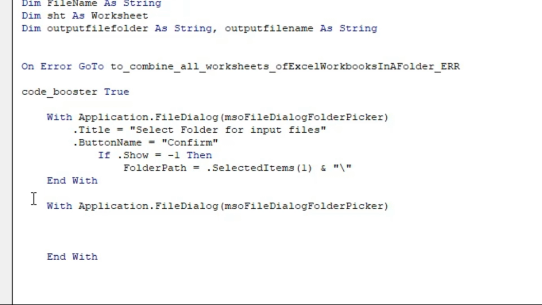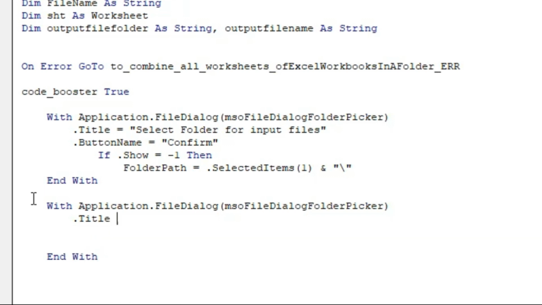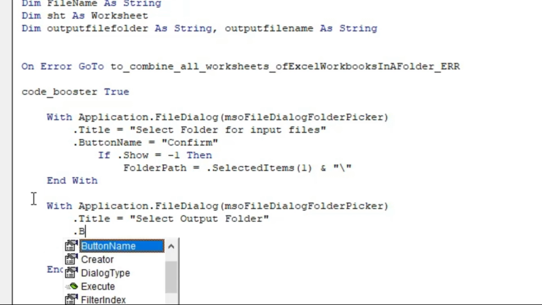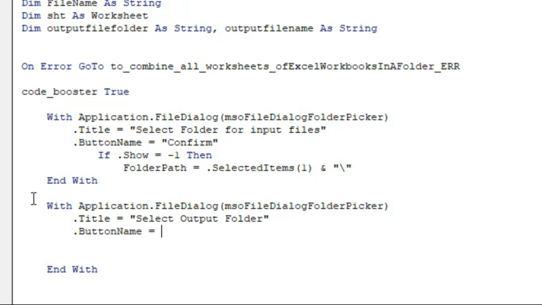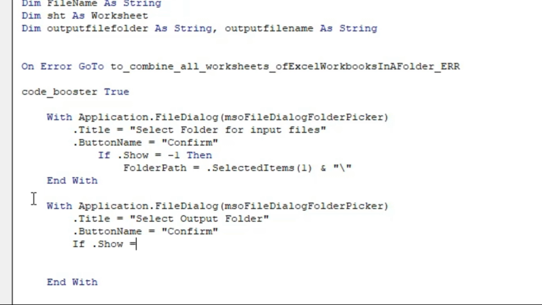Here we have to write the code like the title for the dialog box, which will be select output folder, and then button name. Again we are making it as confirm, and then if the user selects a folder, in that case we want to save that folder name